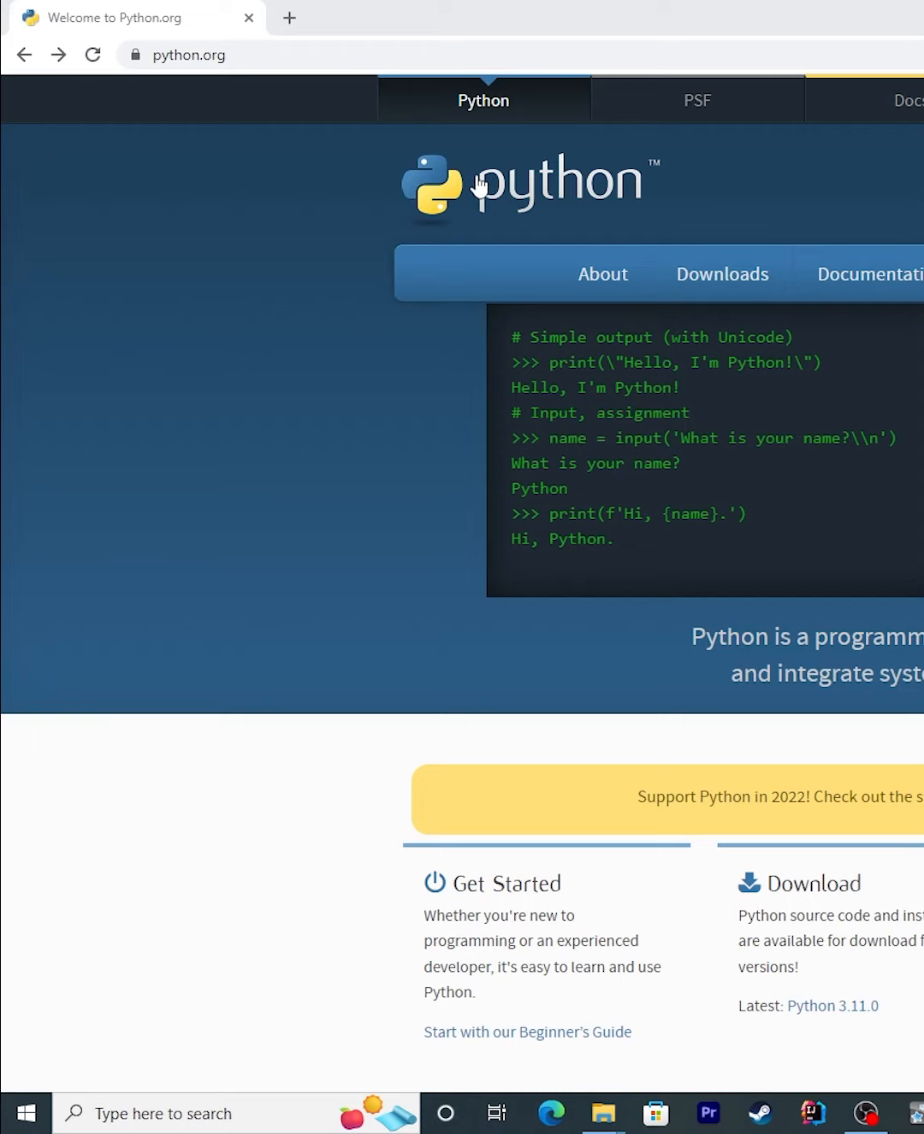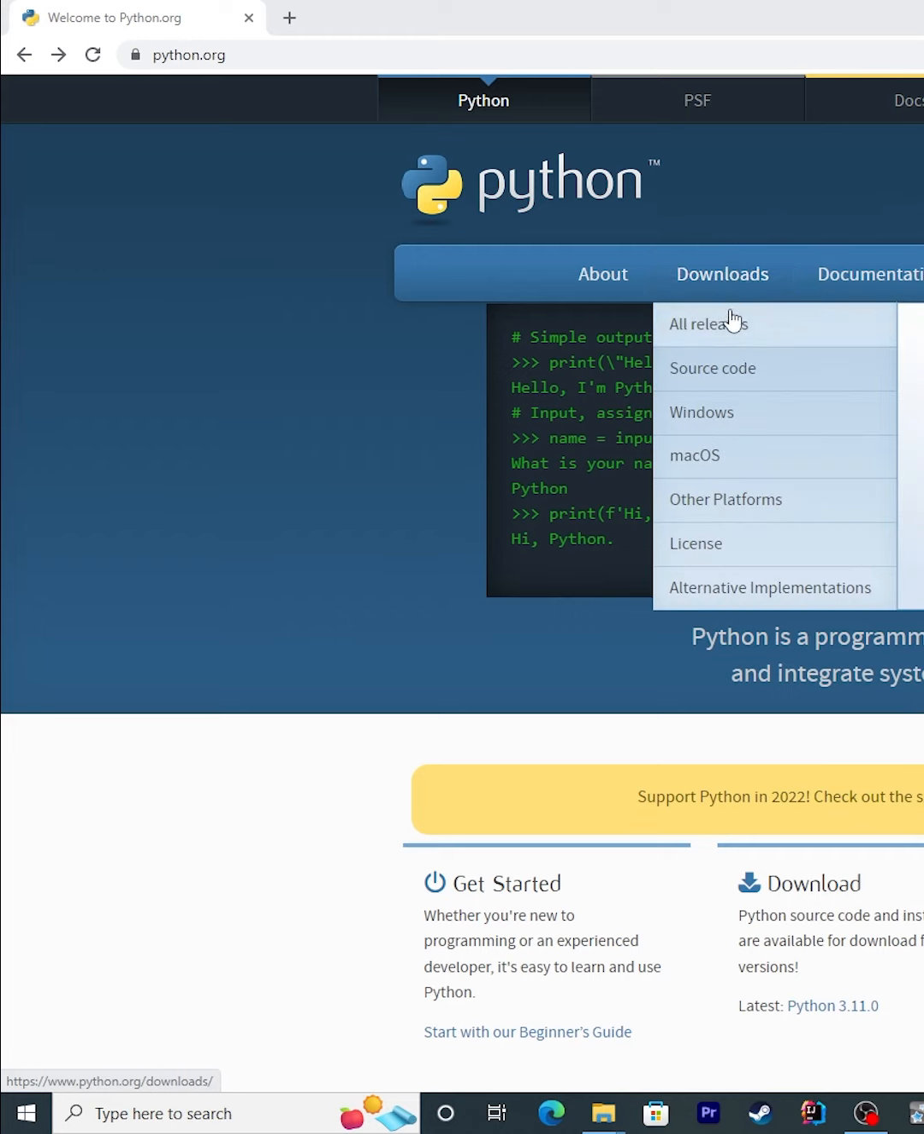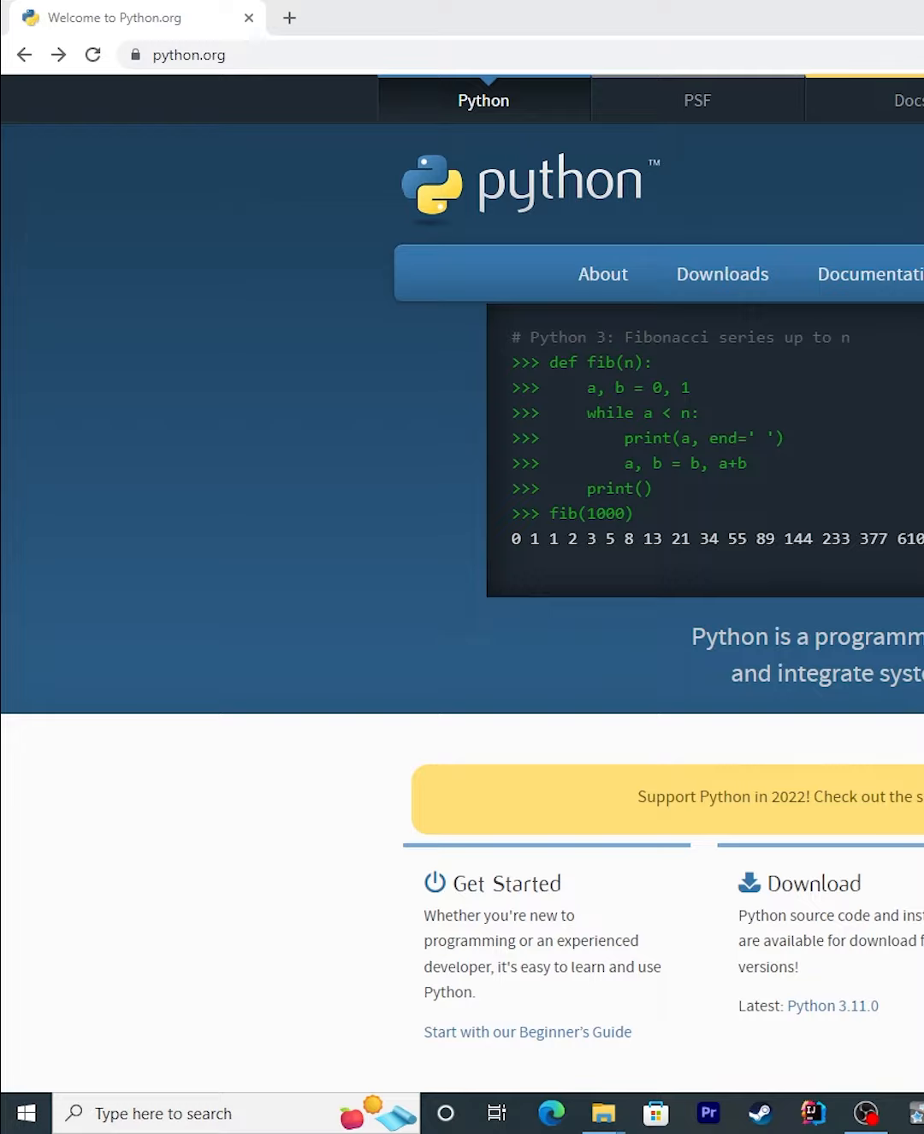First of all, go to the Python website and download the latest version and install it on your computer. You can do it for Windows, Mac, and they also have other platforms. Next step is to open your command line prompt and let's create a new folder